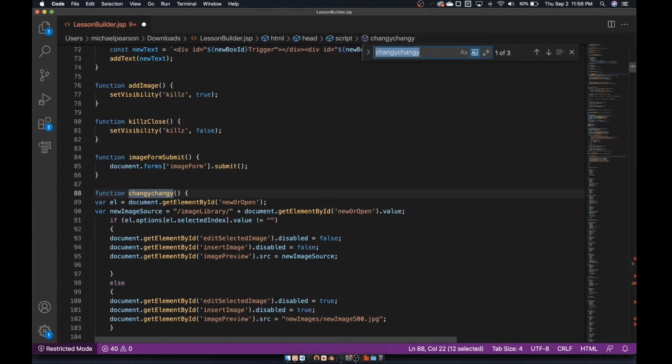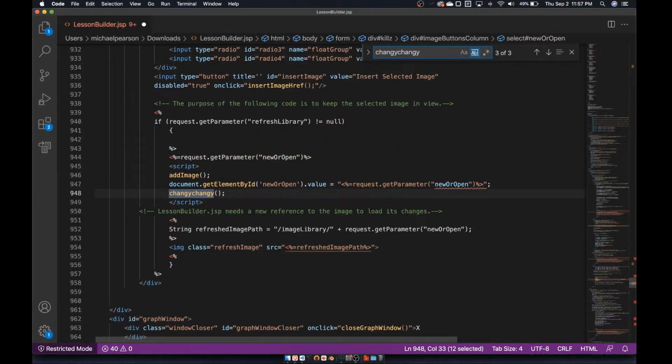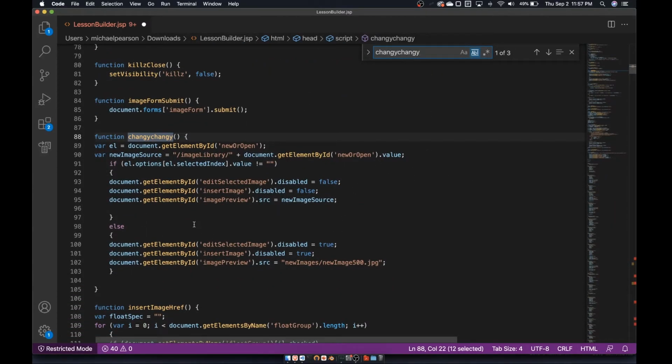I fetched the element and got the value from it. Yes, so I look at the options, get the selected index, and get the value of that. This could be something I Google, because I don't remember exactly how to do this, but this is change detection right here, basically. Just reacting, imperative reacting. So let's see. If I go ahead, what would this be? What would I call this? This is what's happening here. So if